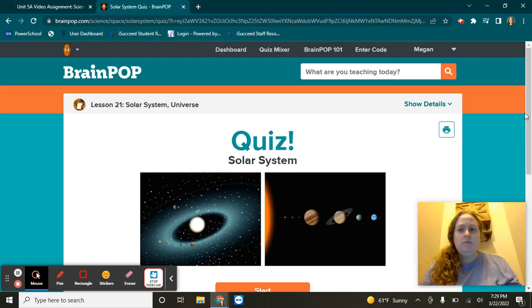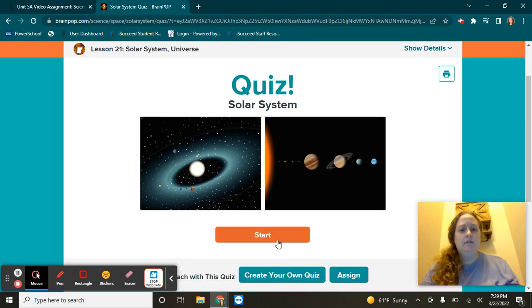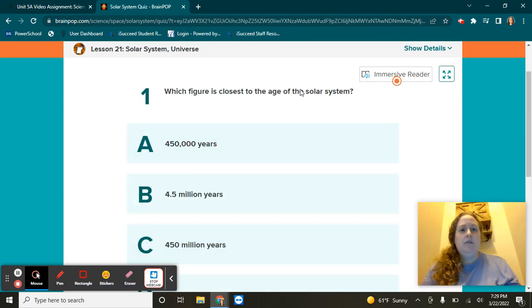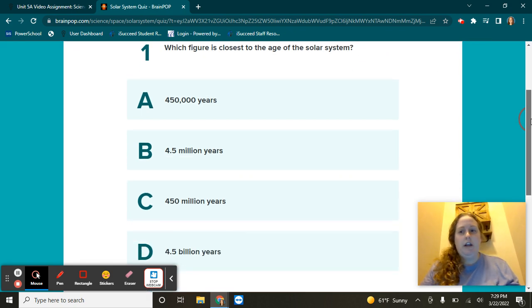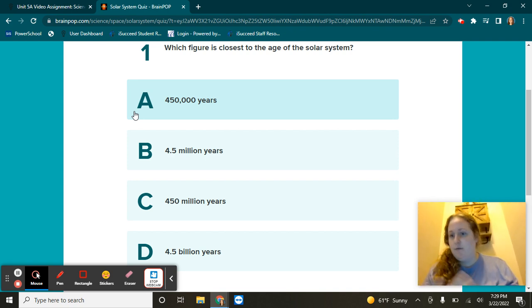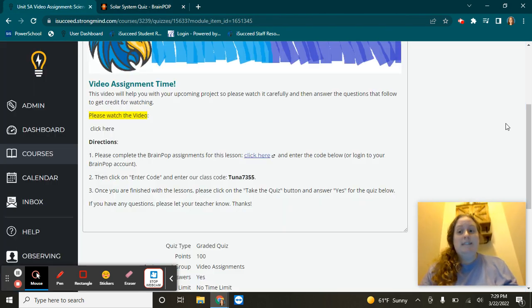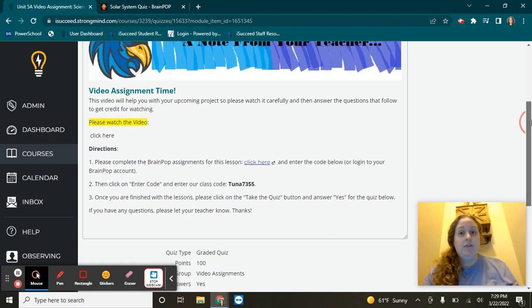So, movie quiz, just what it says, start, which figure is closest to the age of the solar system. You'll click on it, and it'll go through 10 questions for your movie quiz. After that's complete, it's going to pop up with a grade out of 10. Okay, you might get 8 out of 10, you might get 9 out of 10, you might get 10 out of 10. Okay, for the actual video assignment, for you to get a grade on here,